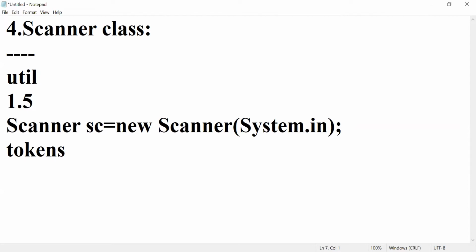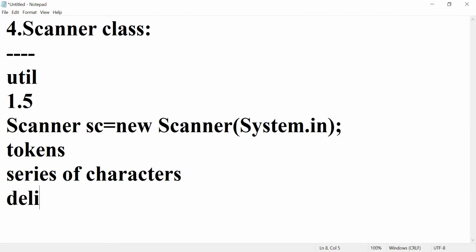Scanner class basically works on the principle of tokens. Token means a series of characters. Each token ends with a delimiter. What delimiters are there?